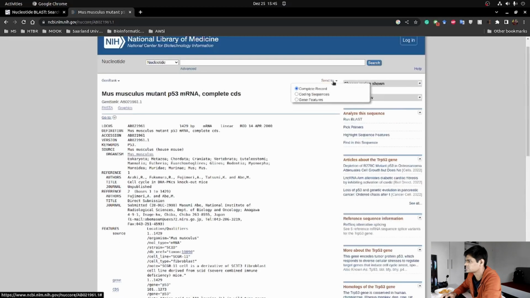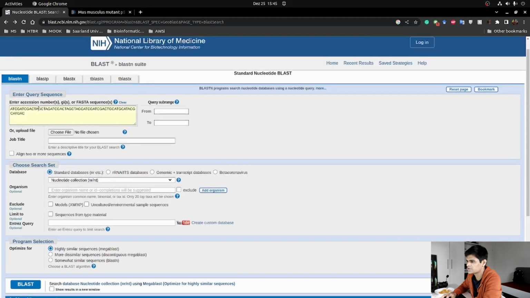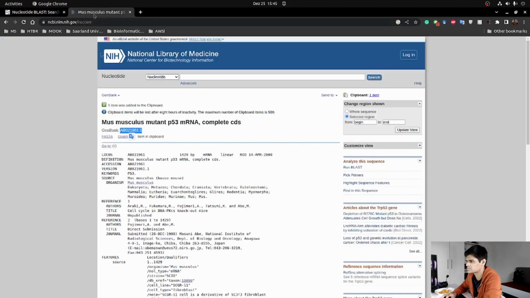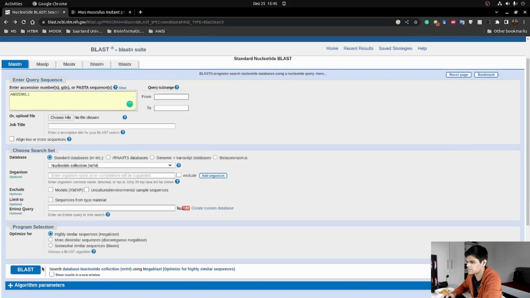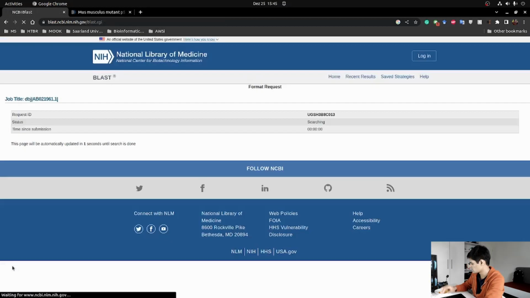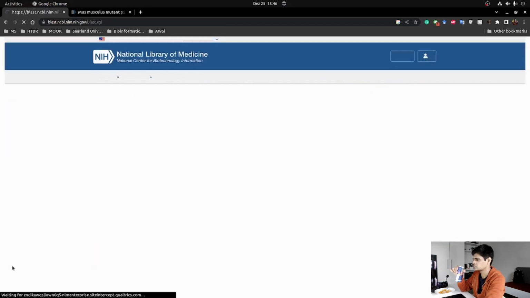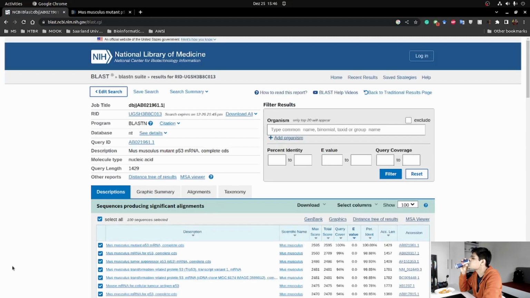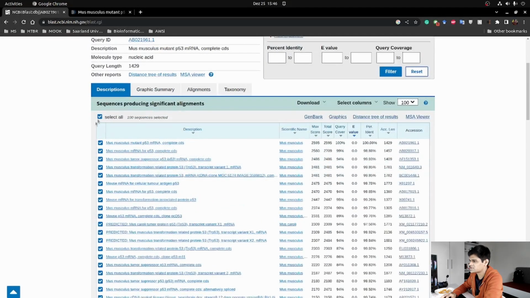Okay, clipboard. So we copied, or we can simply copy this. So we copied that, and rather than putting the random sequence, we will put this. Sorry, it was not copied. Hopefully it's copied this time, and then we can BLAST again. We got some matches. We are not going to use all of them, so I will be using just 3